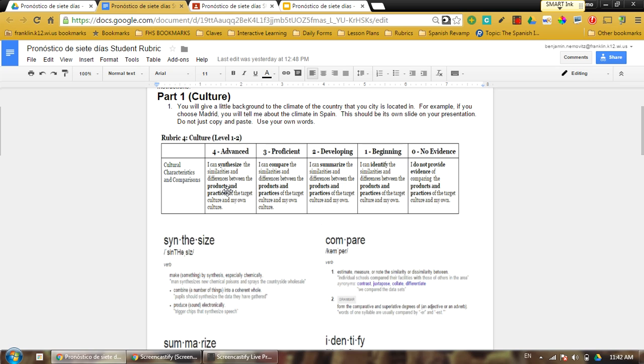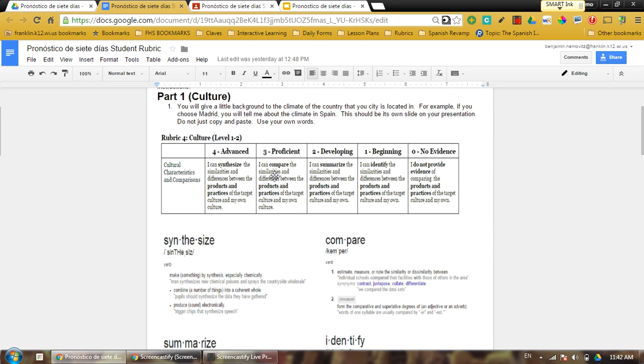And then tell me how those are different. For example, in Argentina, it's mountainous, and they're in the southern hemisphere. So in July, their winter, it's very cold, because again, they're in the southern hemisphere, it's July, their winter, and it's in the mountains. But Wisconsin is much different. In July, it's hot. We have low land mass, and of course, July is our summer. That's what a 4 is like.